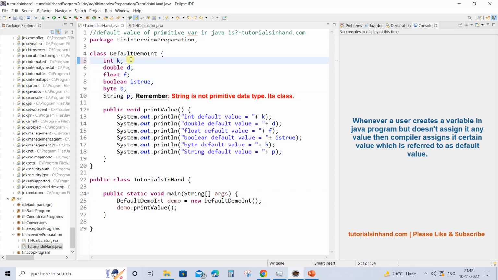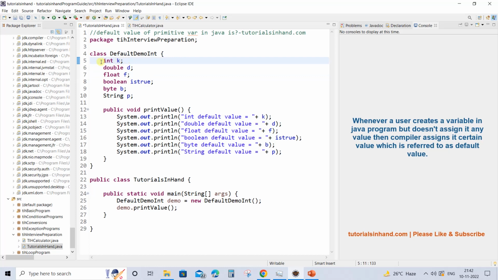If you see, there are wrapper classes also corresponding to each primitive type, like Integer. This one is a wrapper class for this primitive type. So we are not talking about this wrapper class. We are talking about the primitive data types like int, double, float, not the capital letter one that you see. Both are different.